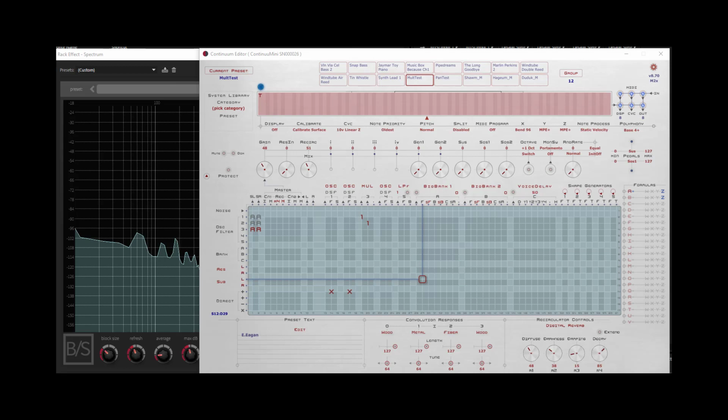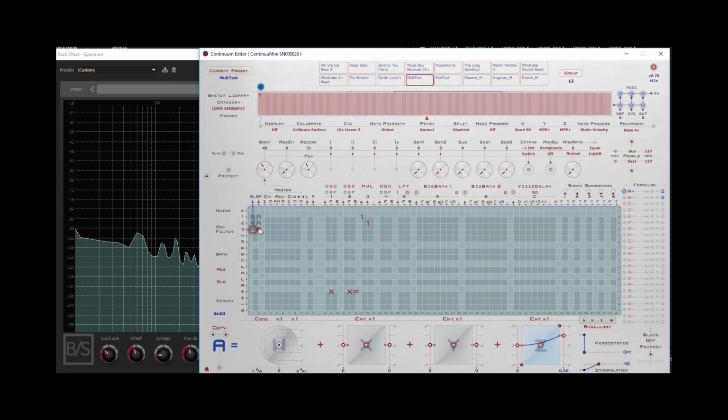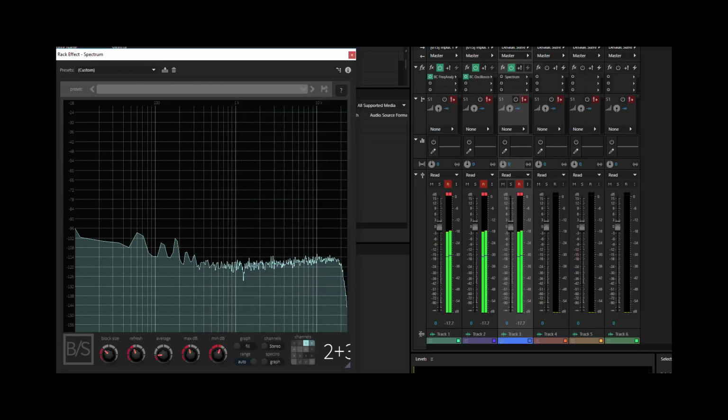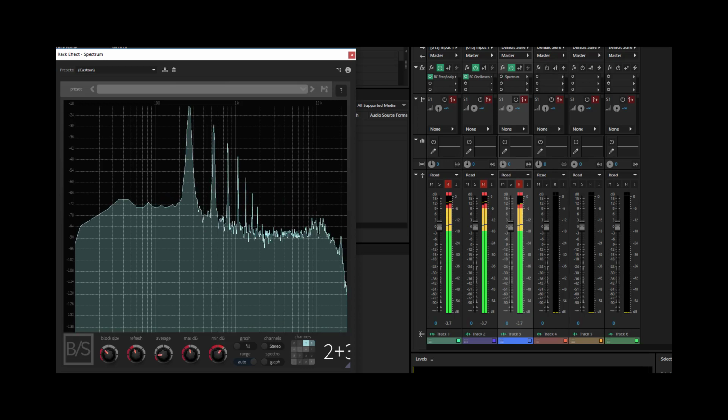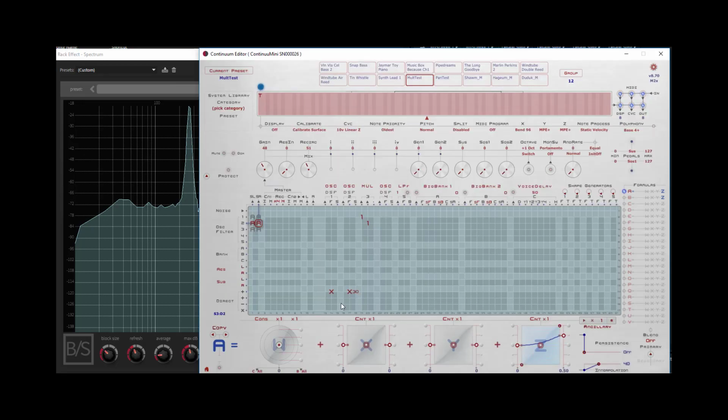So instead of just using a sine tone, let me give a little more harmonic content to this. I'll set the spectral balance of this oscillator to 0.3. Let's turn off our multiplier. We'll turn on that oscillator and you can see what this does. I have a much more complex waveform now,